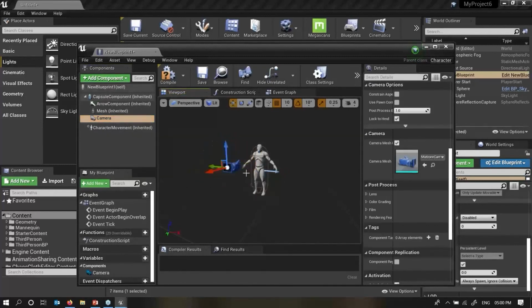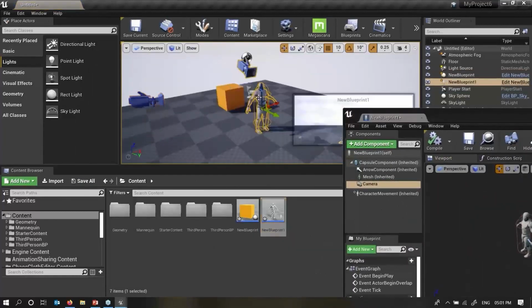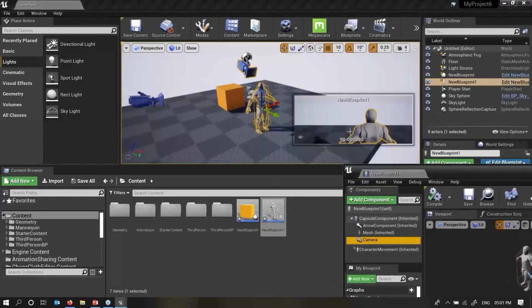You can rotate the camera, you can do the headshot. But if you want to do the movement as per the preset we have, the third person game generator, that also you can do. Whatever I've created, I'll just drag over here. I'll just put this. If you see over here, by default it's showing the over the shoulder camera, right? So there are different multiple movements we can do parallelly, right?